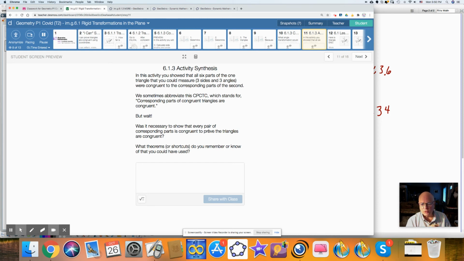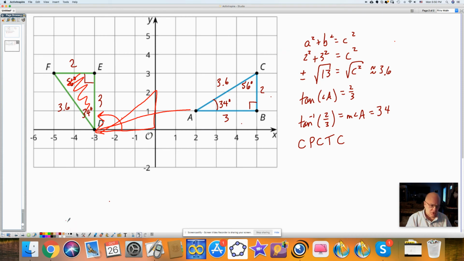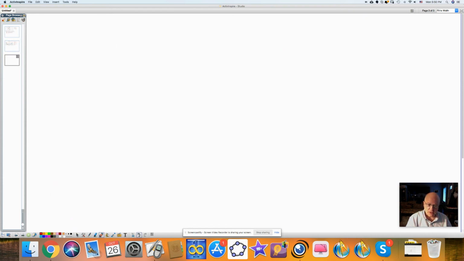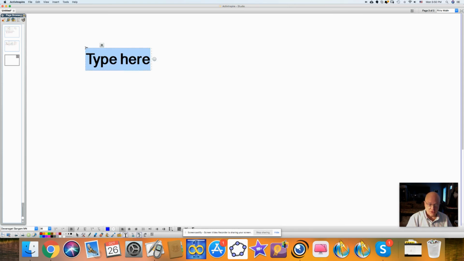What theorems or shortcuts do you remember or know that you've used to do this? And for some of you, it's been a long time, so I'm going to just show you what these shortcuts are. There are valid shortcuts, and there are some shortcuts that are not valid. So for the valid shortcuts,